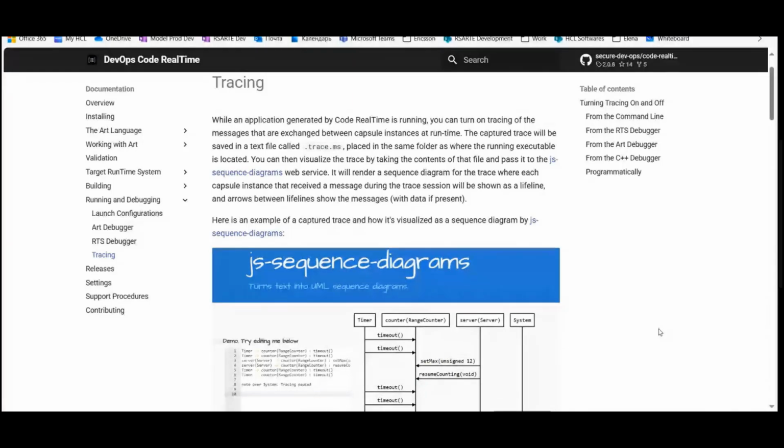Okay. Hello, my name is Elena Volkova. I'm a software architect in this team, and I will show you the new tracing feature. This feature is implemented in the backend library in Target RTS, and it is available when you run your application,